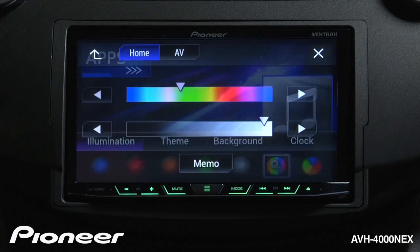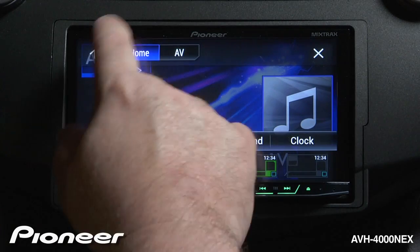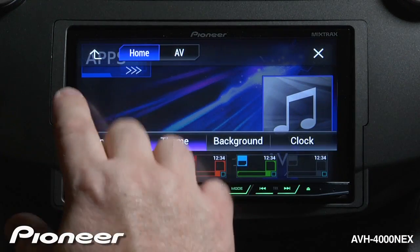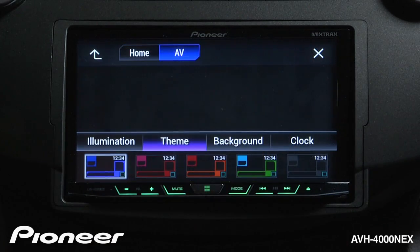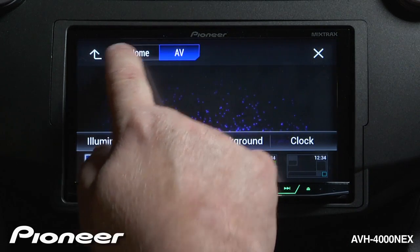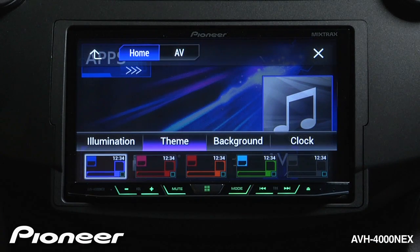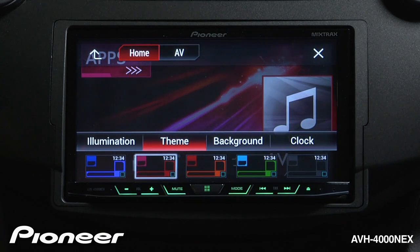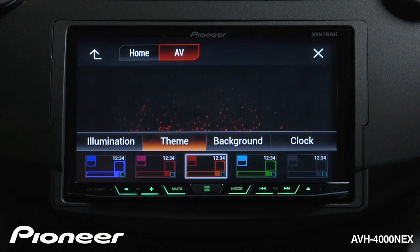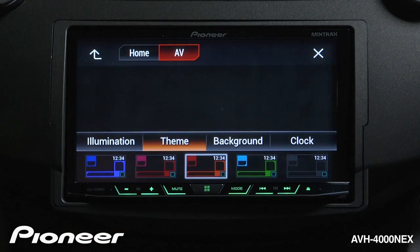So we'll go back now, and we'll move over to our theme menu. And the theme is the overall background images, or the overall background colors that you see on the screen, both for the home and the AV screens. So we have a number of presets for our themes. Just choose the preset theme that you like, and the system will change to those colors. And again, you can preview what you'll see both on your home screen and on your AV screen by touching the buttons up here. So we'll choose this one,